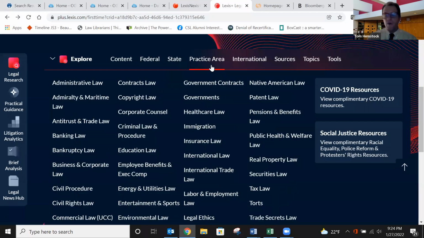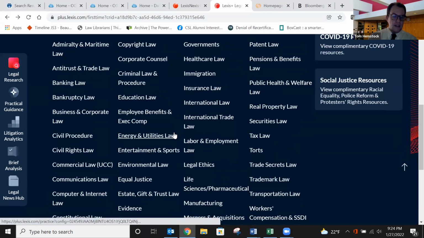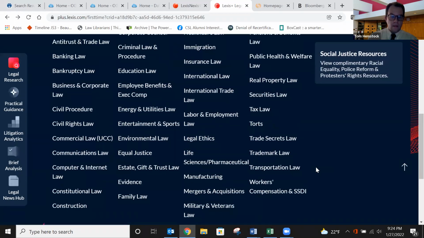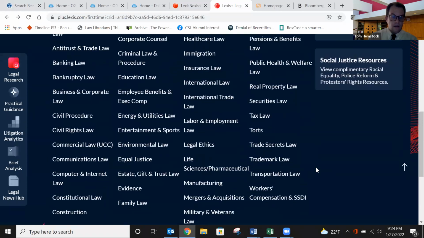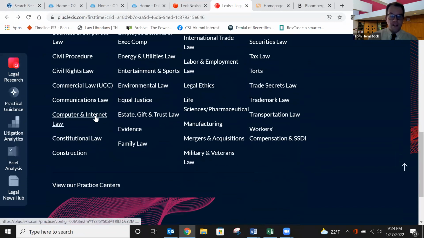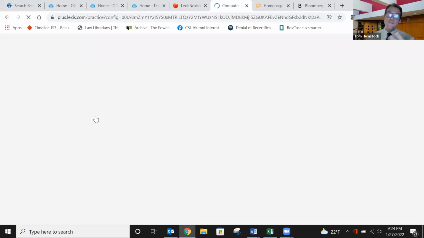For this example, we're going to do it by practice area. So I did healthcare on Tuesday. Let's see what we could do for something different here. I'm going to do computer and internet law. I'm trying to match this up with the graduate specialties here. And when I'm doing research in it,